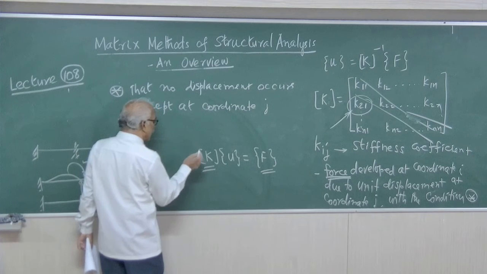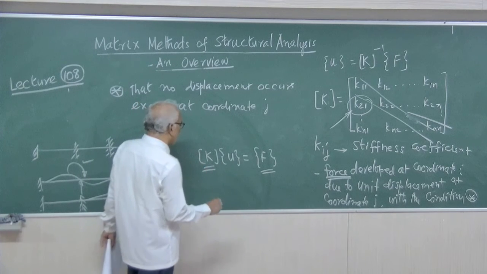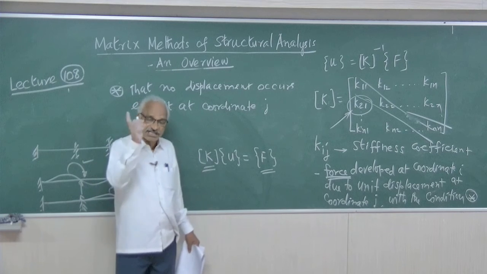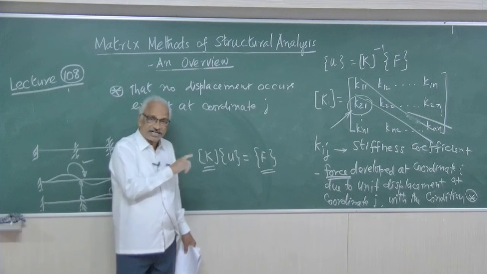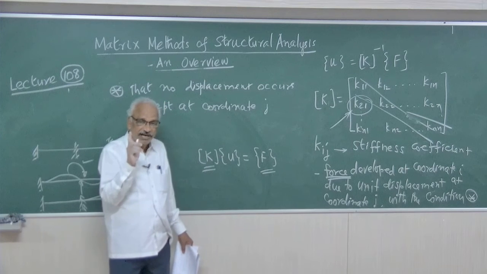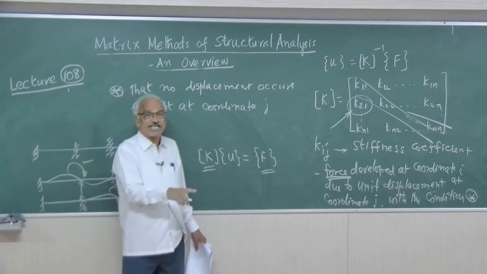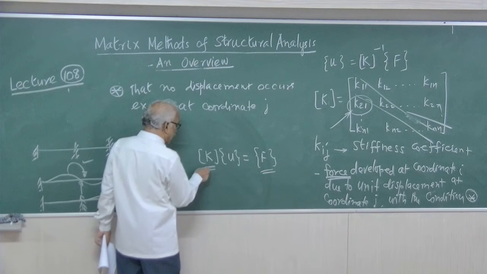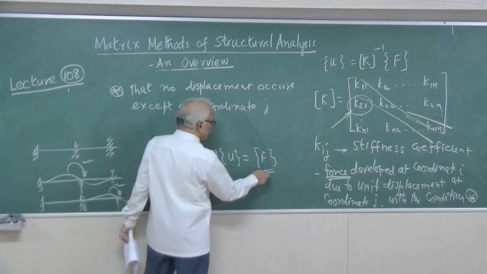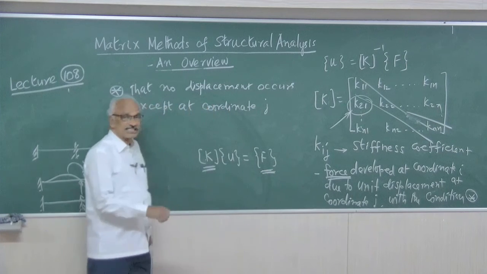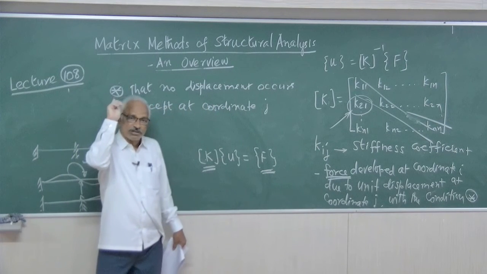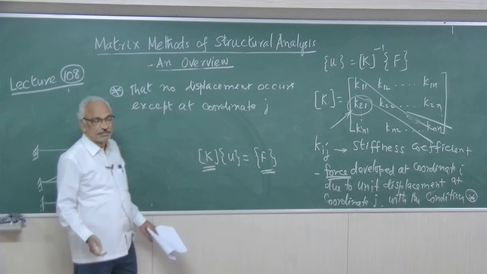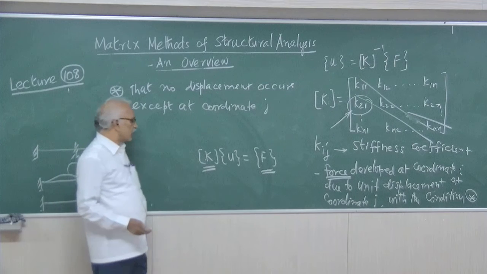So you have to clearly distinguish now the equilibrium equation and the compatibility equation. In the compatibility equation that we discussed earlier, both the left hand side and right hand side contain values of displacements. Now the equilibrium equation contains K values and also F values consisting of forces. There we have to find the displacements primarily. Now here we have to find the forces primarily. Right.